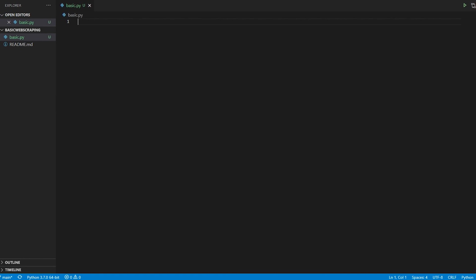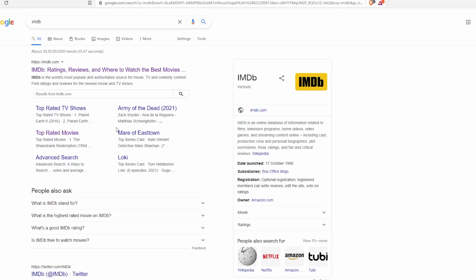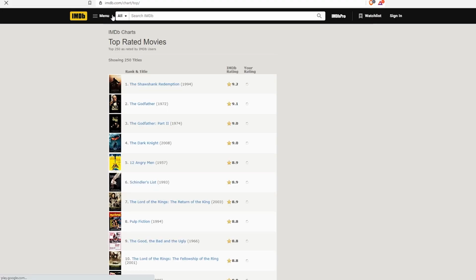The most common example in scraping is the IMDb dataset. So we are going to scrape a list of the top 250 movies in the world on the IMDb site. I'll show you. IMDb is an online database of information on all the films, where you can get ratings, reviews, and a lot of things. This website is very popular. You can check all of the movies. The way we are going to proceed is we are going to work with this.